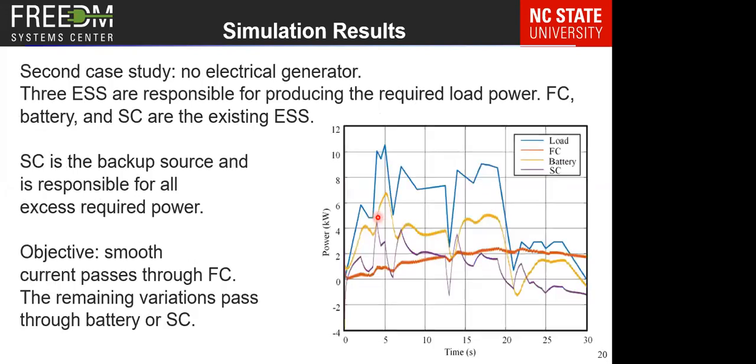Let's see how this concept applies to different load type variations. In the previous case study, we had the variations on the generation side, but here we have the variations on the load side. So we are applying the same